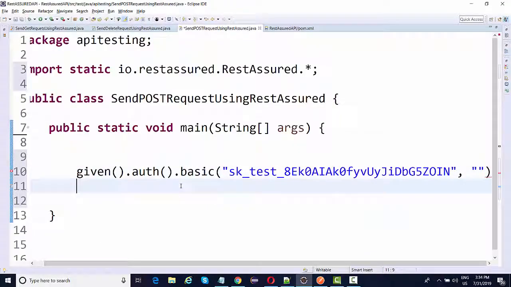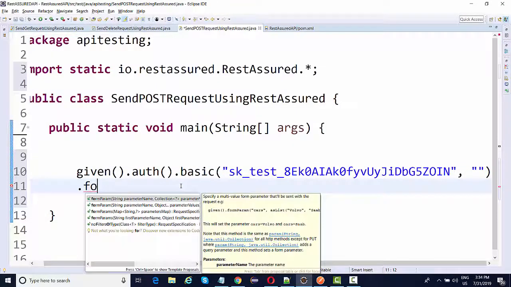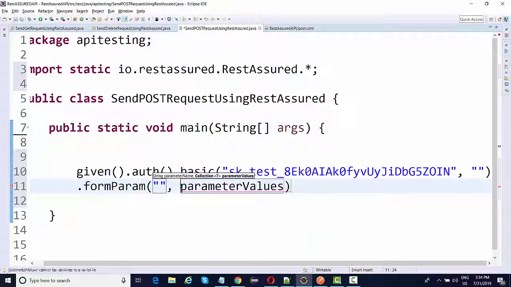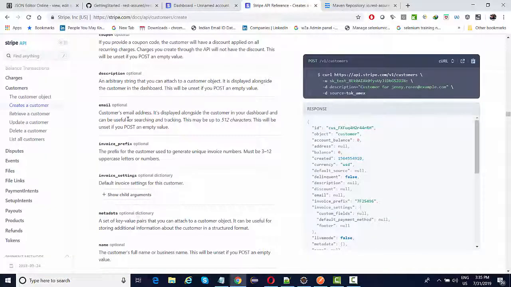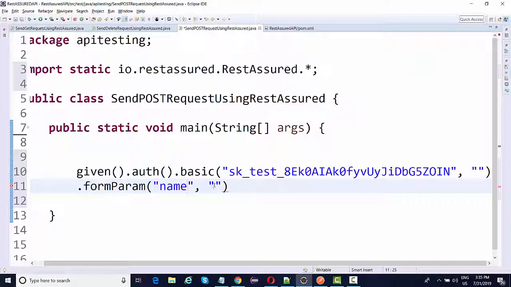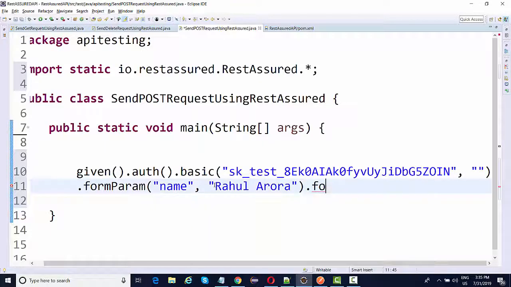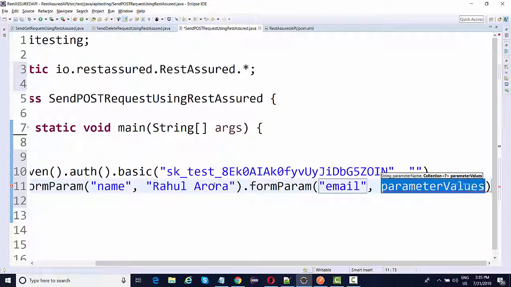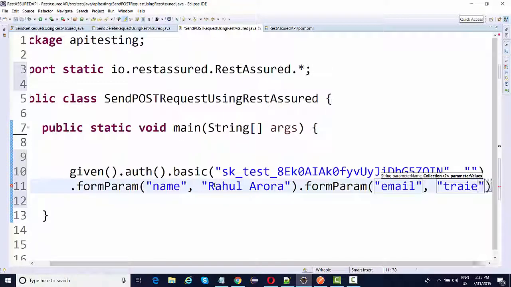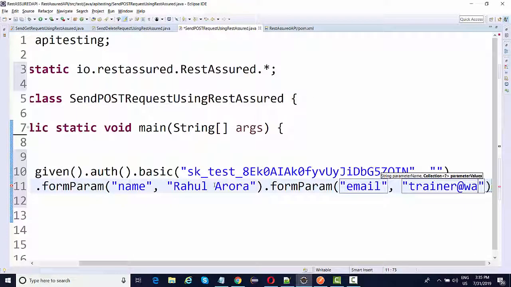So parameters will be added with dot form param, and here we're going to provide the parameter name and the parameter value. So parameter name, I'm going to say name. So name over here is a parameter, and the value will be the name. And then again I'll say dot form param, and I'll say email and the email address. I'm gonna add trainer at way2automation.com,